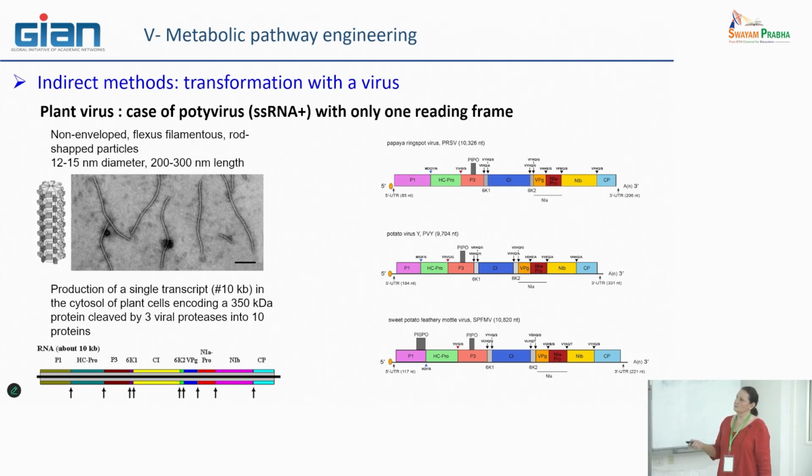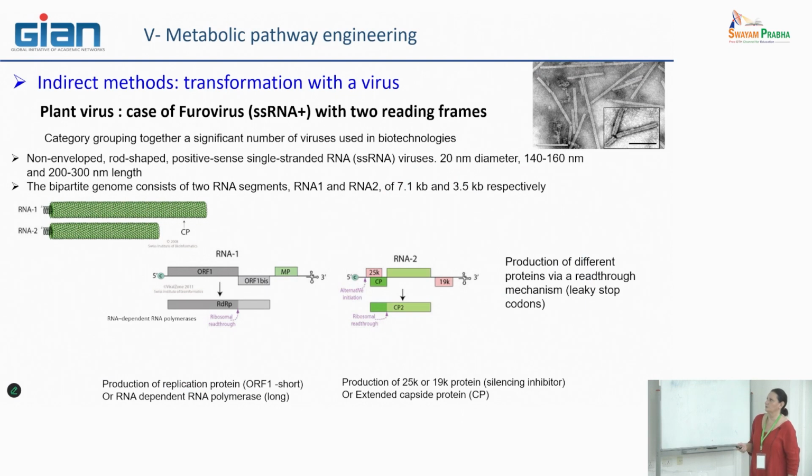And what is interesting, they have only one genome sequence, okay, with all the genes necessary for their movement, replication, and protection. So you always have here the same type of structure of the virus sequence. The only thing that is changing is the size, depending on the type of virus, here papaya or potato, and also the strength of the different proteins that are produced by this type of virus. They are quite useful for biotechnological systems.